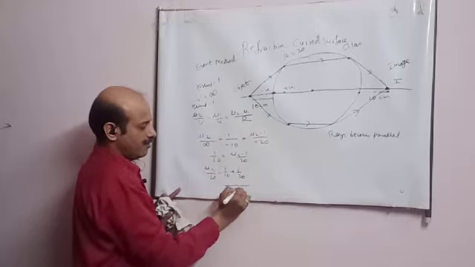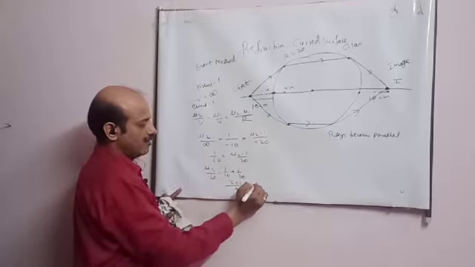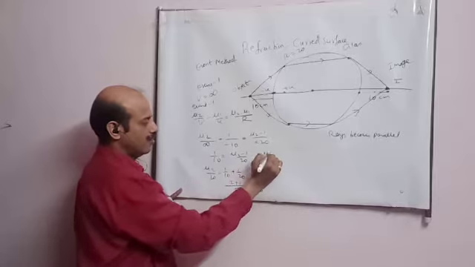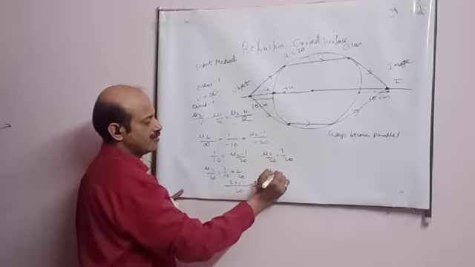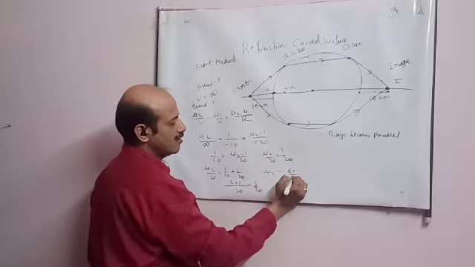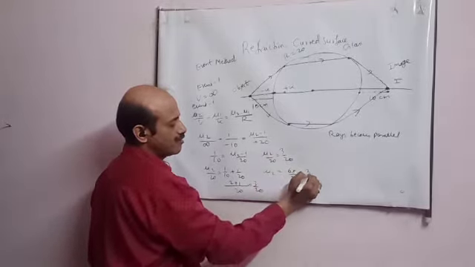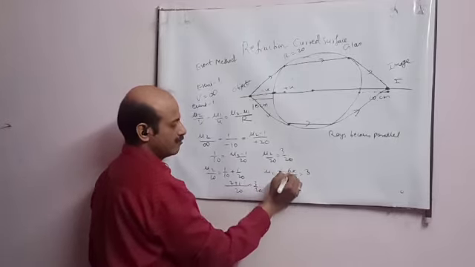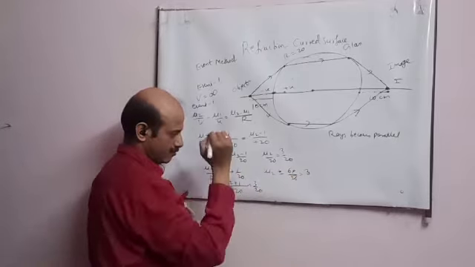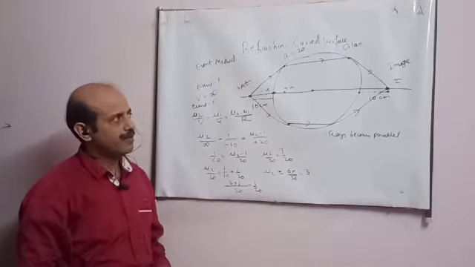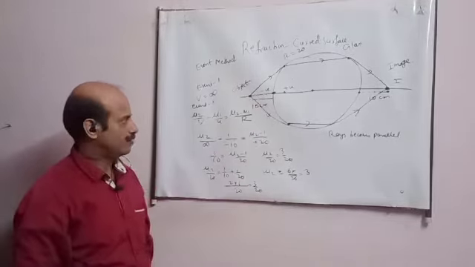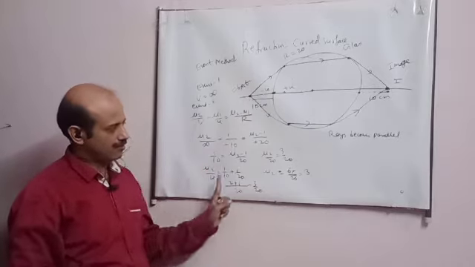And this, if you solve it student, it is 3 by 20. Mu2 upon 20 is equal to 3 by 20. So mu2 will be equal to 60 upon 20. Mu2 comes out to be 3 student. Refractive index of this medium comes out to be 3. So only by first event I got the answer student.